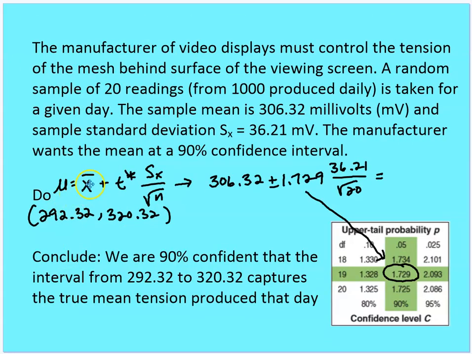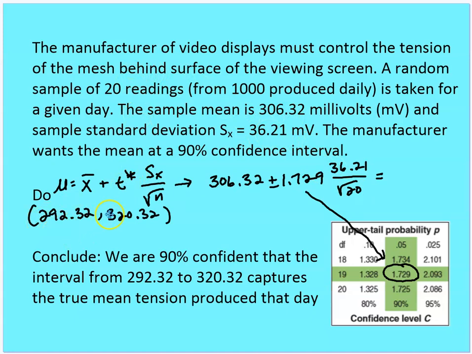I have mu is equal to x bar plus t times the sample standard deviation divided by the square root of the sample size. Now I'm going to go to my table to get my t statistic. So a 90% confidence interval gives me an upper tail probability of 0.05, where I can use the calculator in order to find this using that inverse t function that we had previously gone through, and I end up with a value of 1.729. 36.21 is given, 20 is given for the readings,